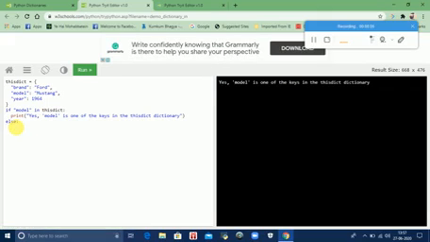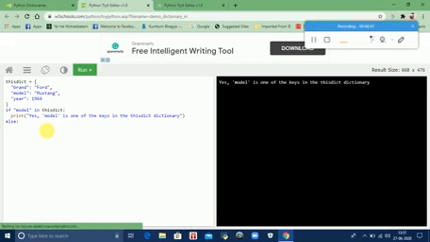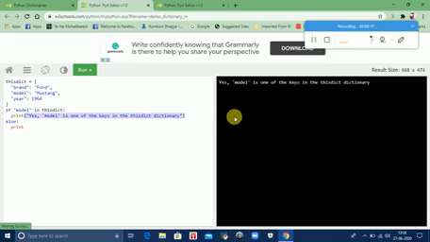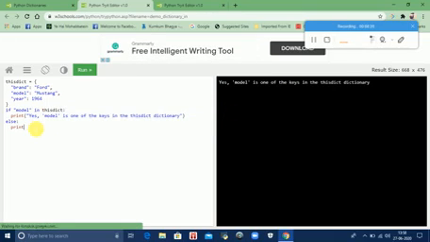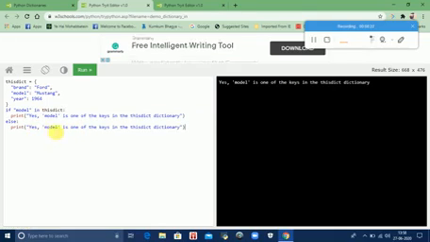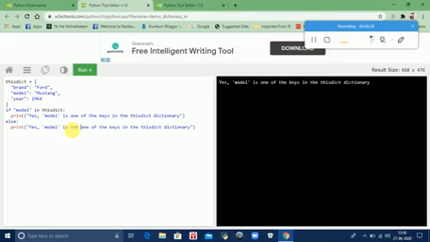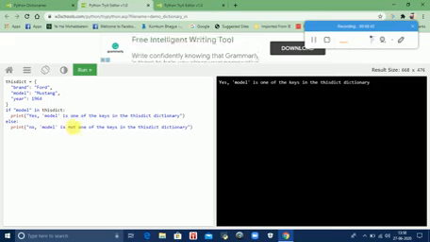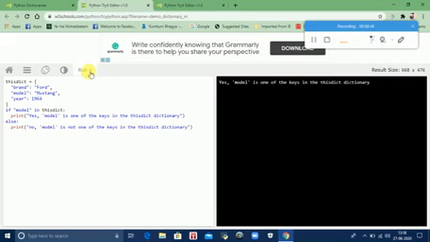Don't forget to mention the colon and indentation after if, else and loops. If model is in our dictionary, it will print yes, model is one of the keys in the dictionary. Else print no, model is not one of the keys in the dictionary. Let's run this program.